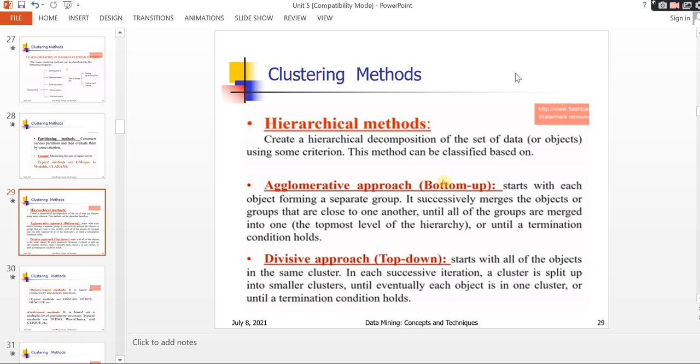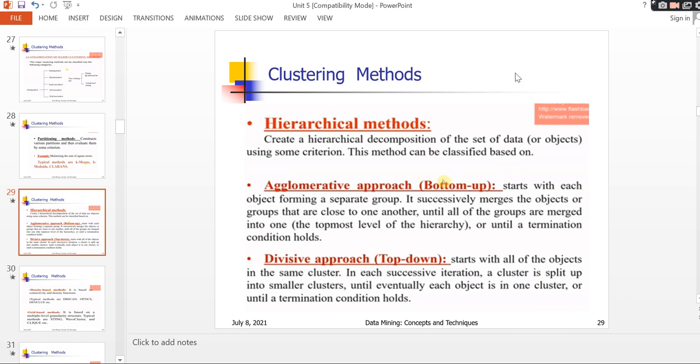That is nothing but the hierarchical method. It creates a hierarchical decomposition of the set of data or objects using some criteria. This method is classified based on the following approaches: you are either dividing the data or combining the data, and forming clusters.